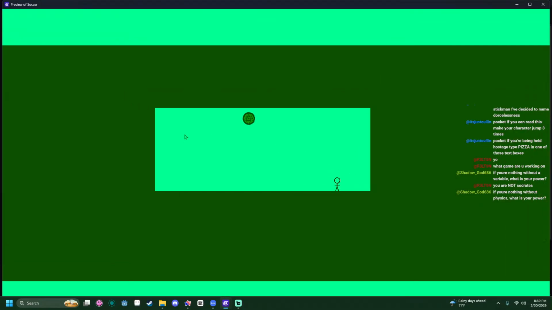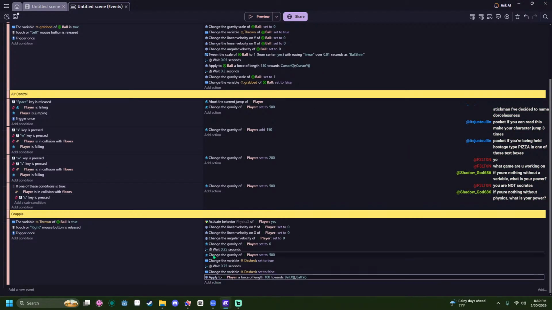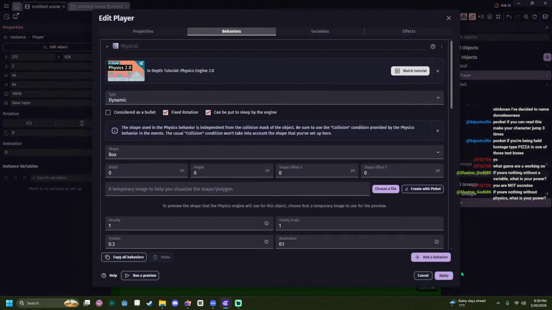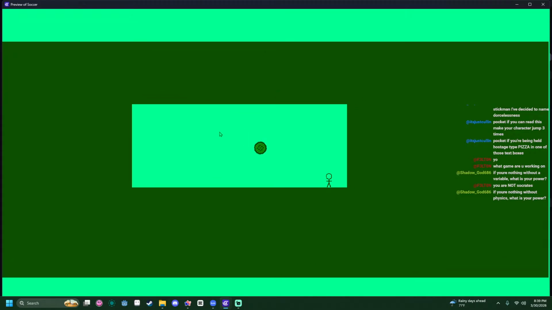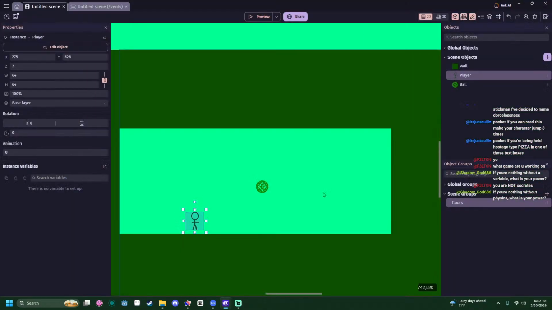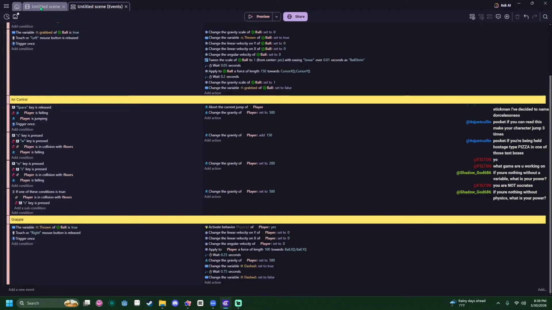Right, so it didn't apply the force. Oh, it applies it too late. Also, a couple other things. Fixed rotation. Density of 10. Oh, it's just not nearly strong enough. Actually, you don't even need gravity.